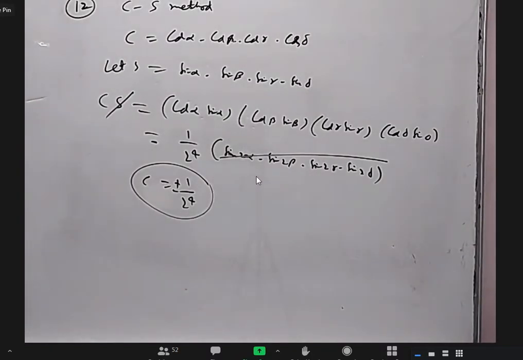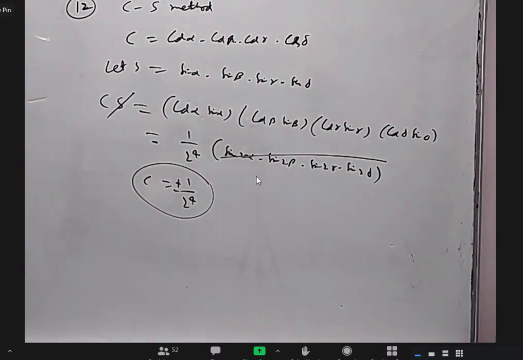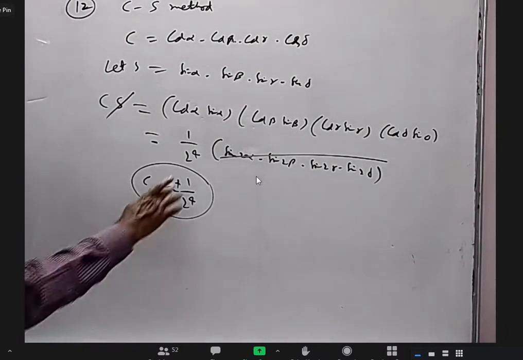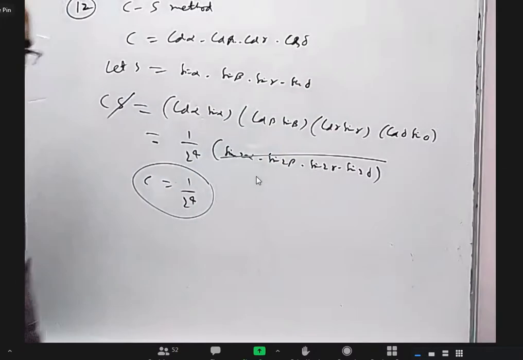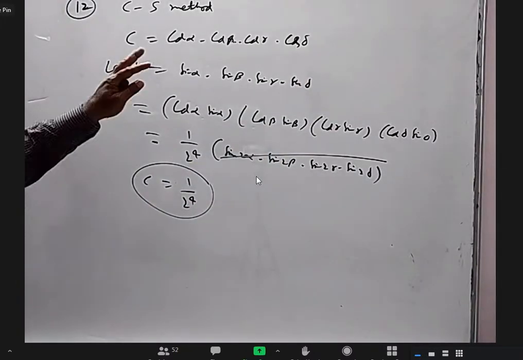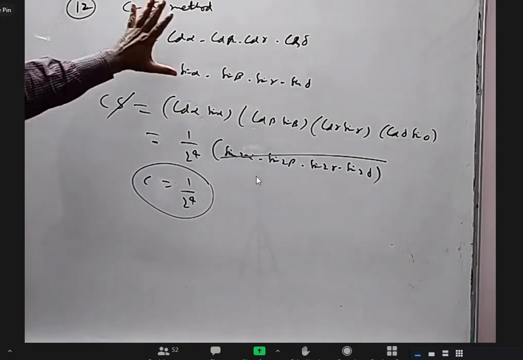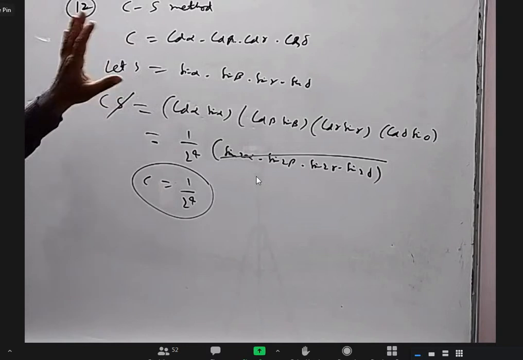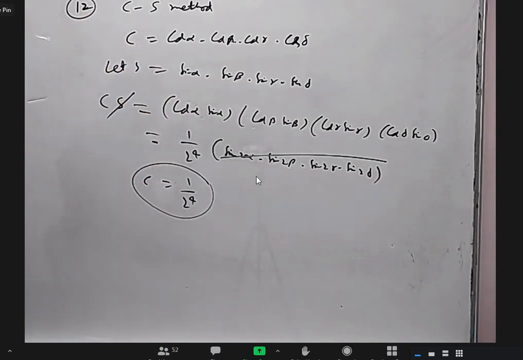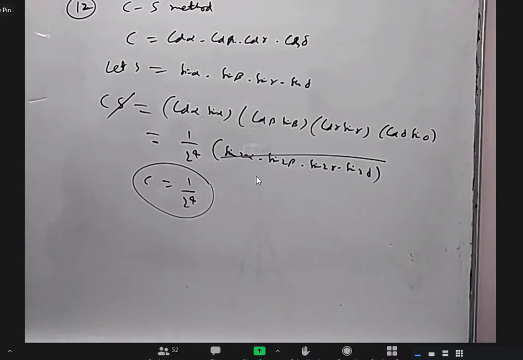1 by 2 power 4, it may be plus or minus, because sometimes this may not cancel with this. I may get a minus also. This is not a complete formula. It is just to give you an idea; later when you do questions, it will be more clear. It just gives an idea how we are going to approach this question. Is it okay?